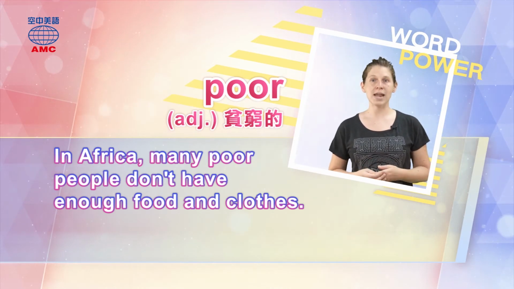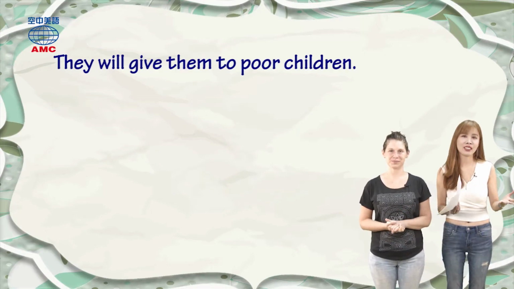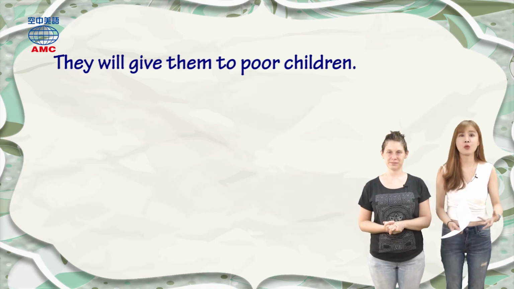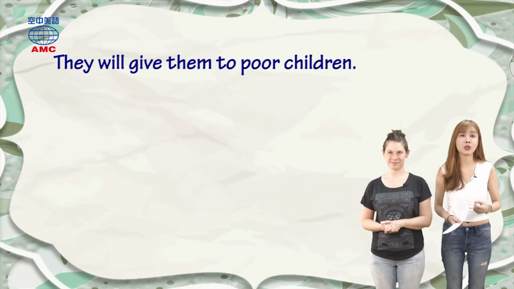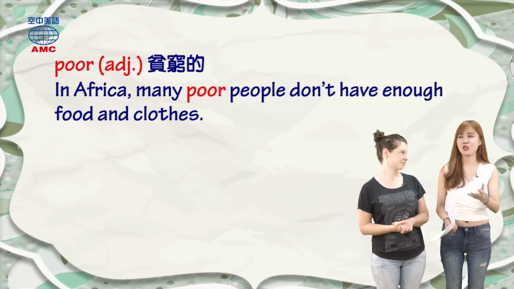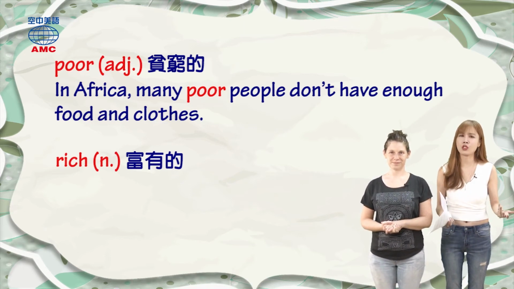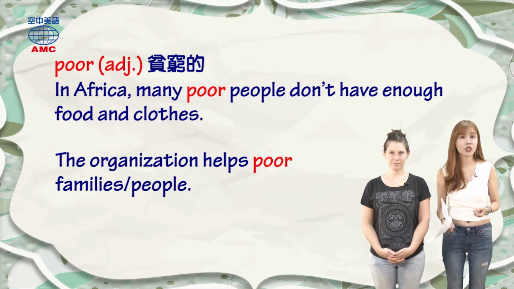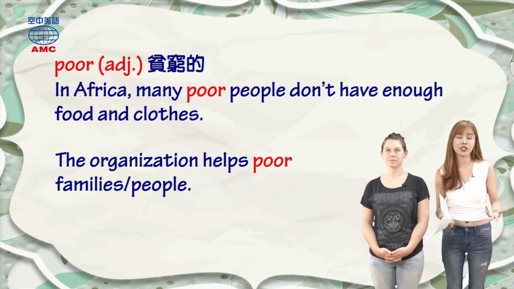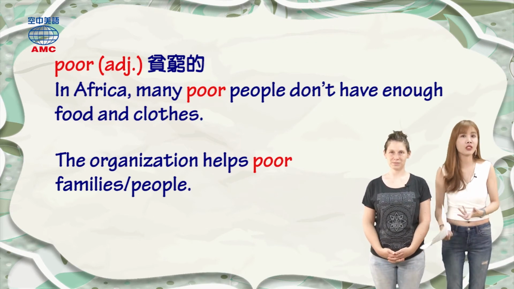In Africa, many poor people don't have enough food and clothes. OK， 所以课文呢，刚刚提到那个基金会，他们会把旧衣物发给贫穷的孩童。贫穷的，大家应该对这个形容词不陌生，就是 poor。相反词当然就是 rich， 就是 Aaron 老师刚刚有提到哦。OK， 如果我们有很多组织，他们会帮助一些贫困的家庭或是人们，我们就可以这么说啦 ：The organization helps poor families or people. And back to the example sentence， 就是在非洲 in Africa， 许多这个贫困的人们没有足够的食物和衣服。